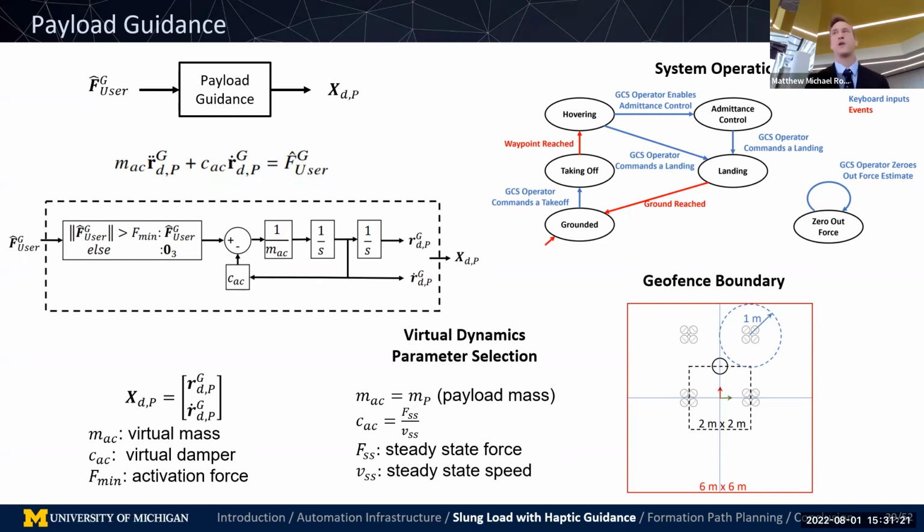So we were able to show that once we have this 2 meter by 2 meter boundary, while you're inside it, everything behaves as normal. When you hit that boundary, we reject the input. The admittance controller does not allow the set point to go beyond it. And this actually acted as a cue to the user. As the user pushed further, they could feel the system fight back because its set point wasn't moving. So that's another interesting thing that I'll discuss shortly.